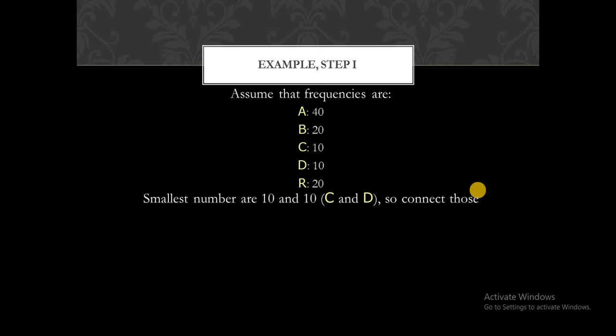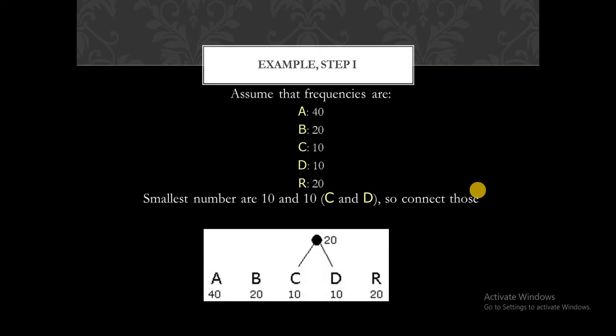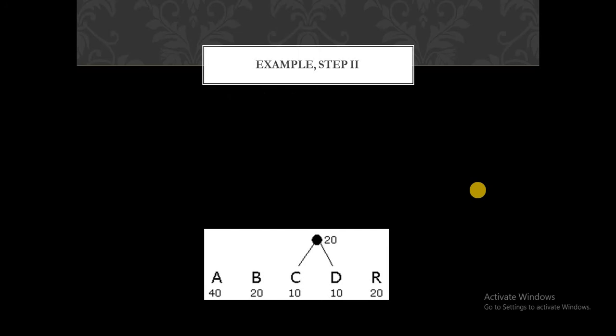So connect those. C has the least frequency and D also has the least frequency, 10 and 10, compared to all. Both C and D have the least frequencies. So that C plus D has the frequency information of C and D combined. So we will get 20. Then in step number two,